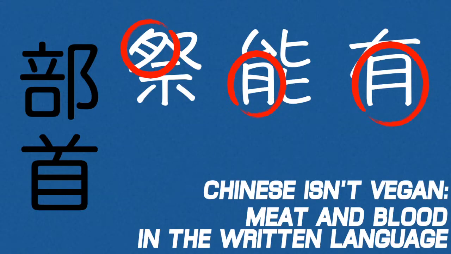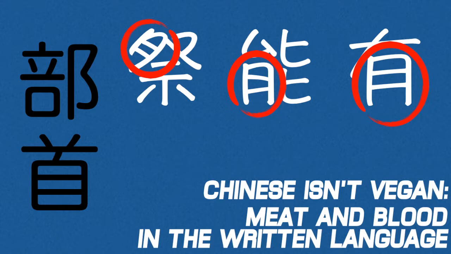In the first 1,000 words you're likely to learn in Chinese, you'll see the image of meat again and again. Not just meat, of course. You'll also see bone, blood, fur, and all kinds of other images that aren't vegan. What's surprising, and slightly amusing, is how often these images have nothing to do with the modern meaning of the